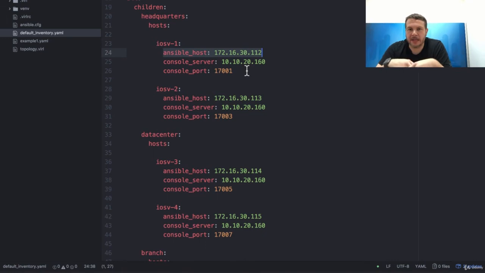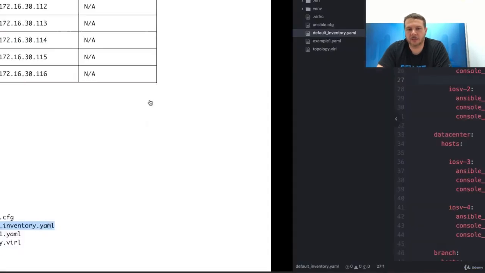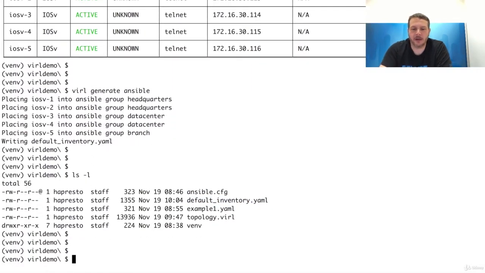And so I didn't have to manually go say, well, what IP addresses were assigned to these devices? What ports are currently active to connect to these devices? It all gets written automatically for me. And so I've now generated my inventory file. And then inside of my folder here, along with my topology file, I've got this example1.yaml, which is just a really simple Ansible playbook. So I can go ahead and immediately run ansible-playbook, and then we'll just say example1.yaml,